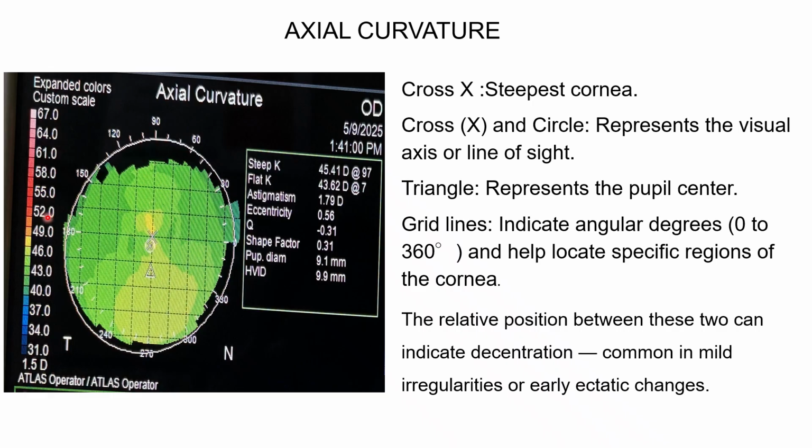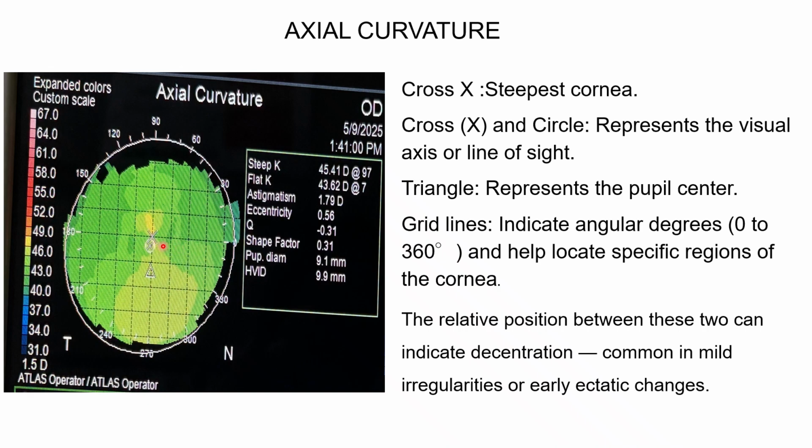On this side, if we see, it is written that expanded colors custom scale. There's a scale given, and each column represents 1.5 diopter. That is 31, 34, 37, and there's a two column difference. So each represents 1.5 diopter. Now if we look at this map,